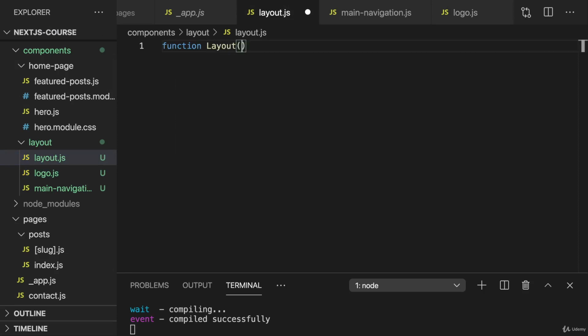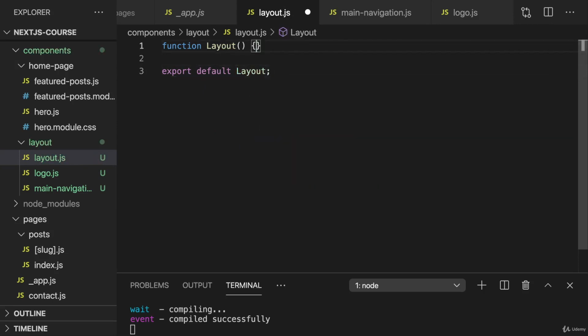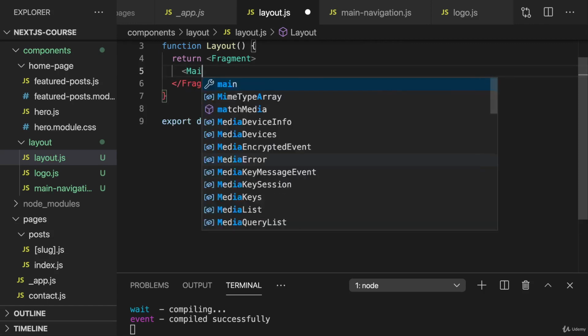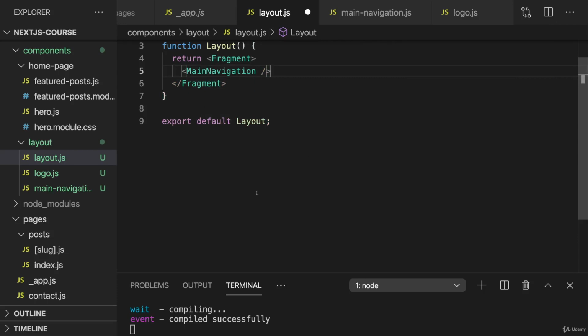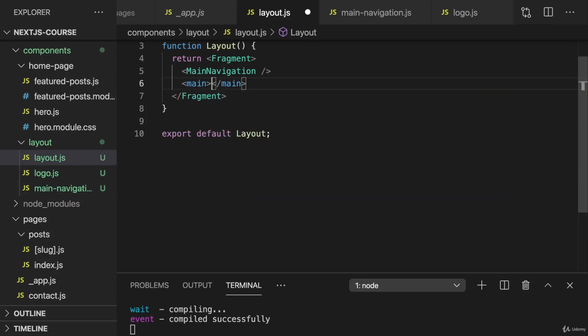In there, we can again create a function and export that function layout. And in that function, we then return a fragment because I want to have two adjacent JSX elements. And the first one will be the main navigation, so this separate component, which will store in the main navigation file. The second JSX element will be the regular main HTML element in which I want to output